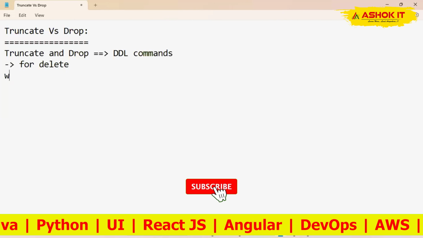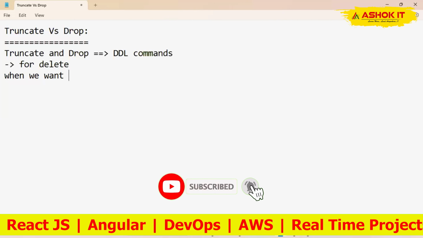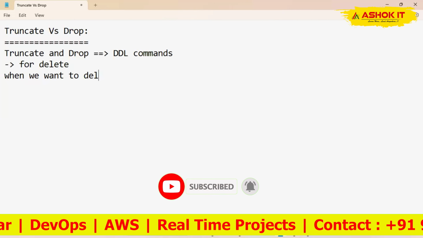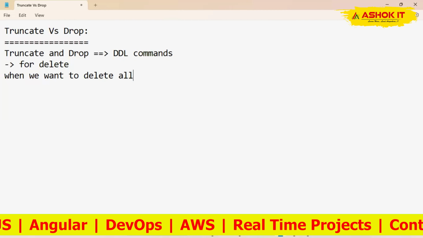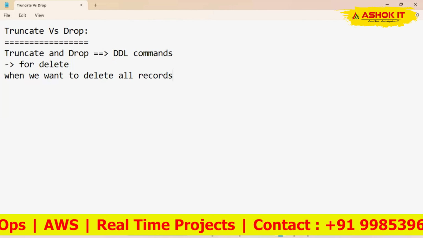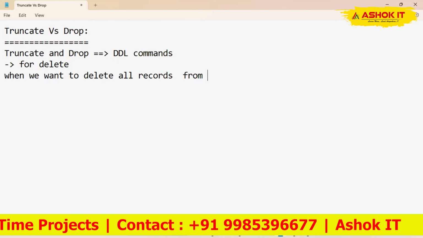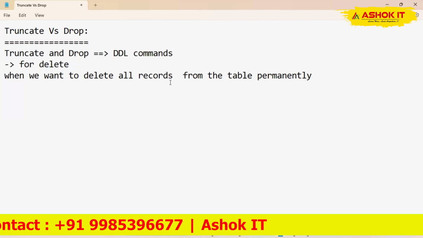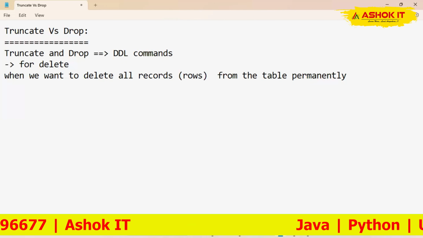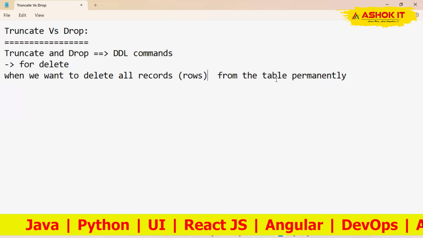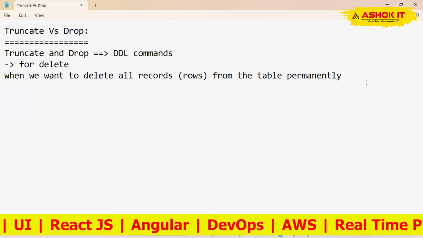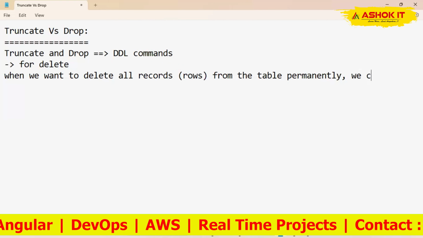That means when we want to delete all records from the table permanently. Here the records means rows, simply we can say the data, tuple of data. So when we want to delete all records or rows from the table permanently, we can use